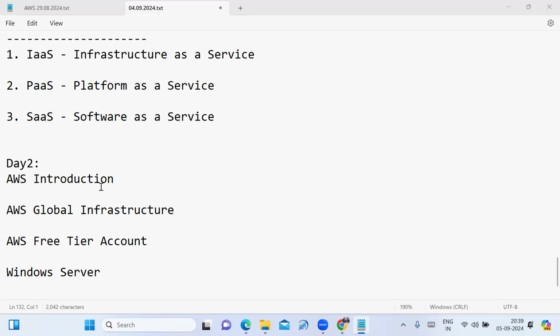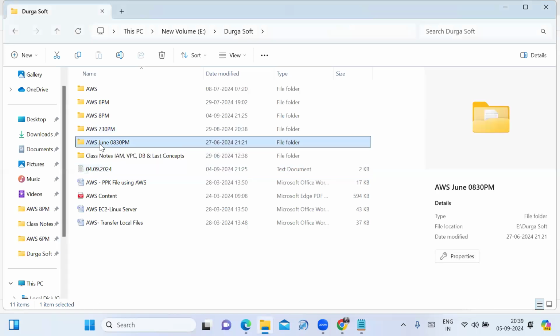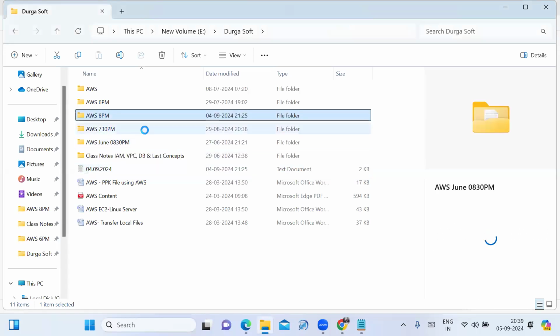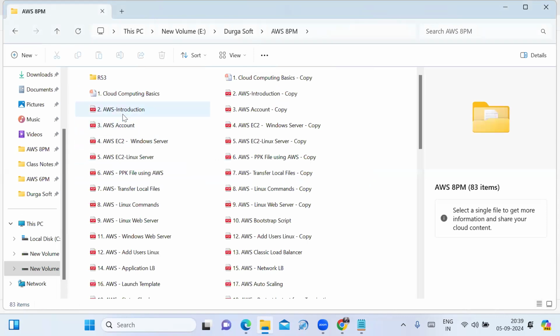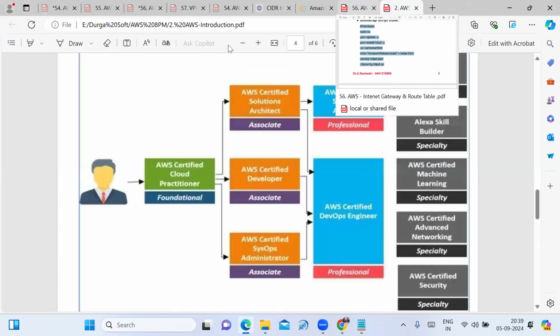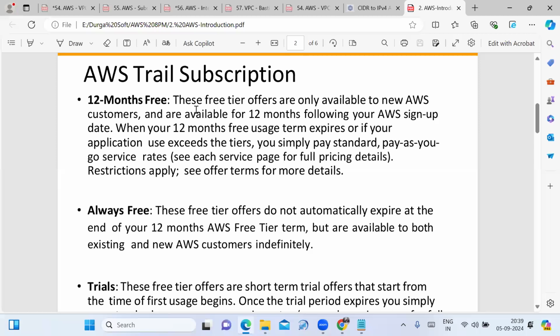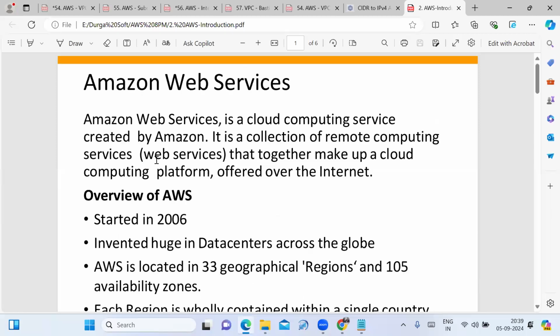Fine friends, now I'll start the session. See, in the AWS introduction, I already prepared the class material. Once you register for the course, you get it. Friends, AWS started in the year 2006.